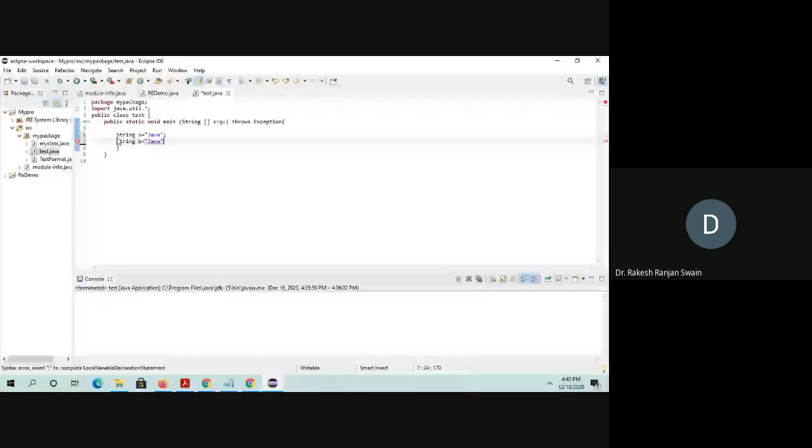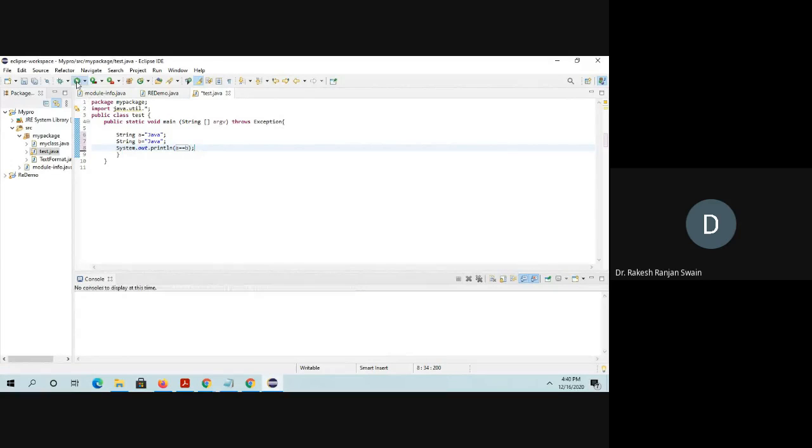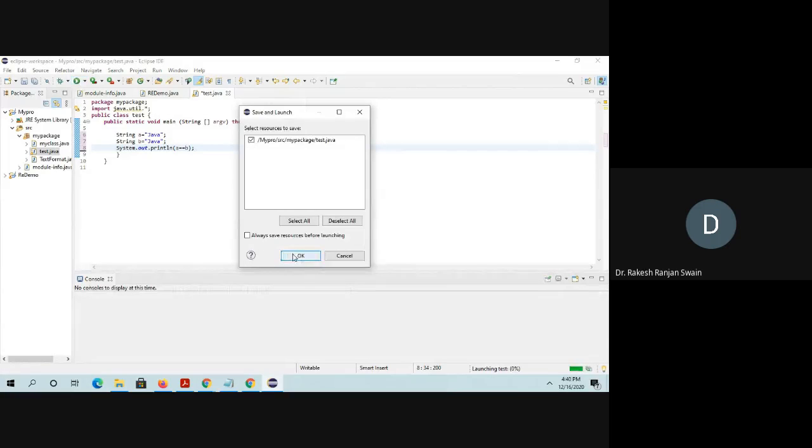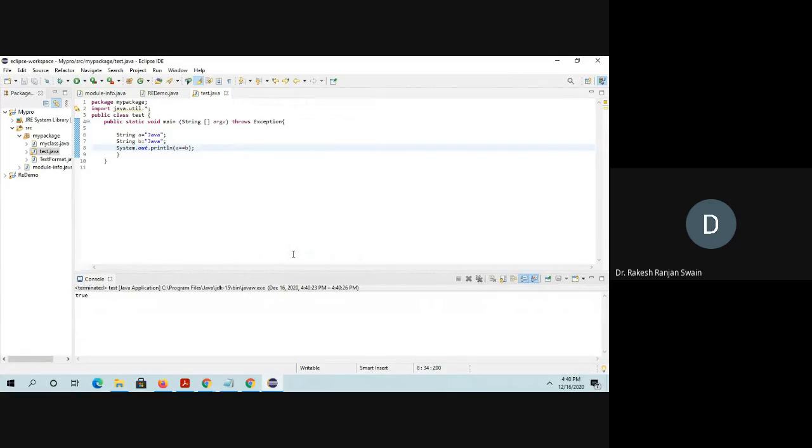Now I will print: if I write A equal to B, what will be returned? You already know that. True.